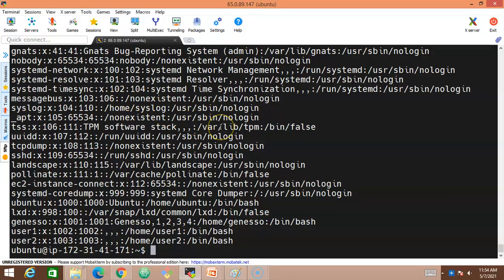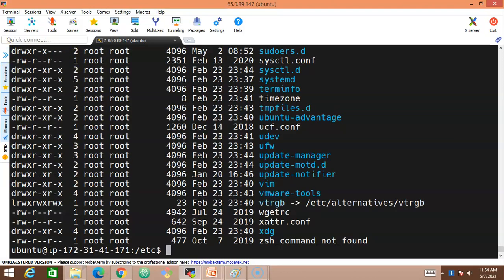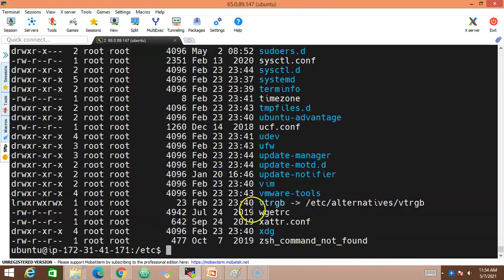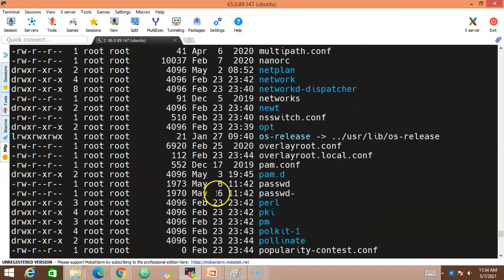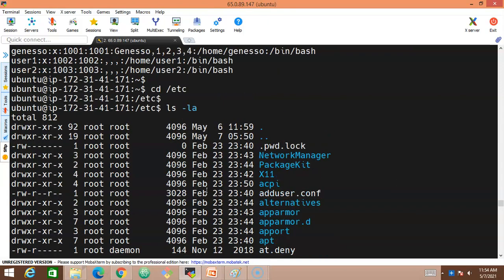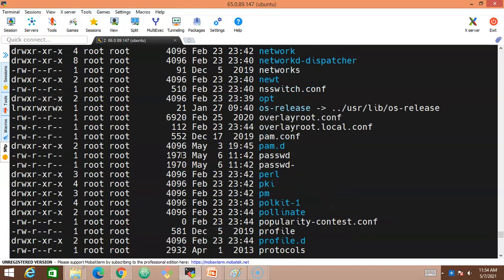Now, rather than listing the contents of a file, I'll go into a folder called /etc. And inside this folder, if I simply press ls -la, I do have so many files. Look at this. I'm coming to the bottom of the list of files. But if I scroll up with my mouse, it starts from here. There are so many pages, and so many files available.